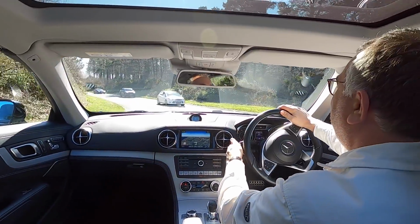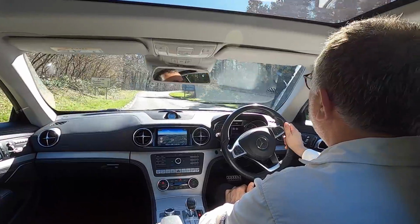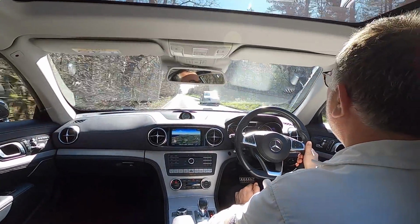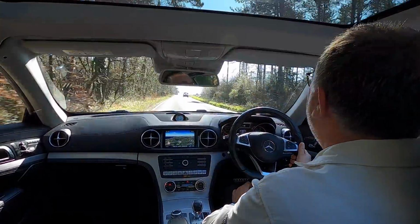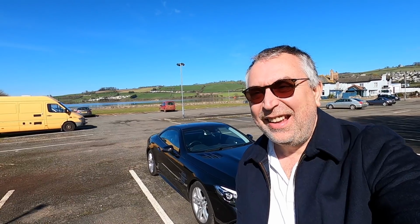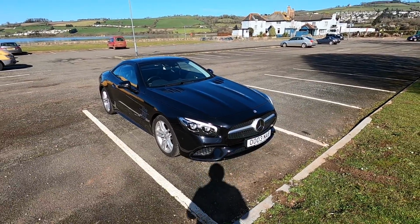And suddenly everything gets an awful lot more responsive. So I give it some throttle now, it's properly off. And you can't accelerate for very long in this car because you hit the speed limit extremely quickly. So I bought a Mercedes SL, didn't actually mean to, but nonetheless, here it is, which of course begs the